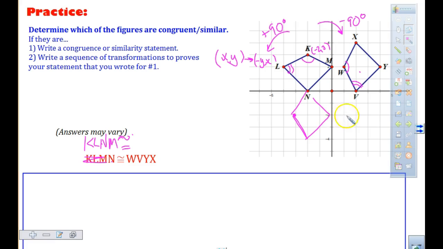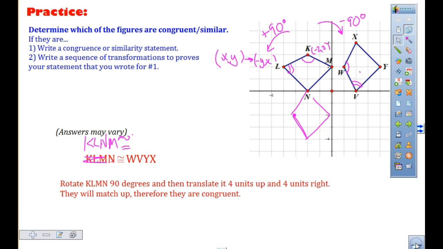So now how am I moving it to fit on? Once I did that rotating of a positive 90, I'm then looking at how far over we have to move this. Over 4 units? Up 4 units. Okay. So you don't always have to draw these in, but I know that I was trying to match L up to this one. So by